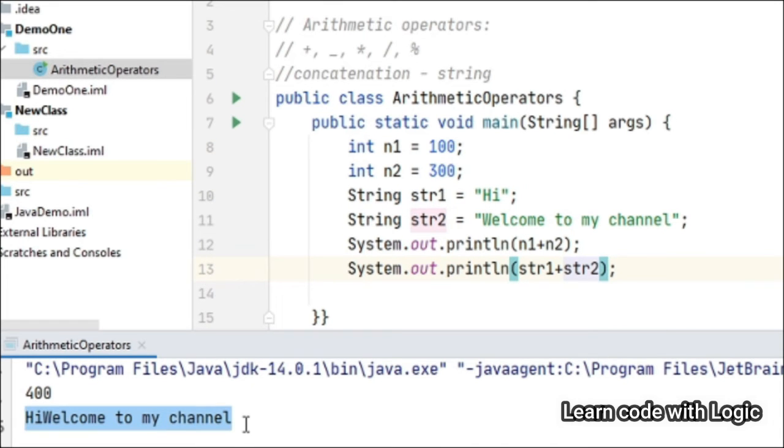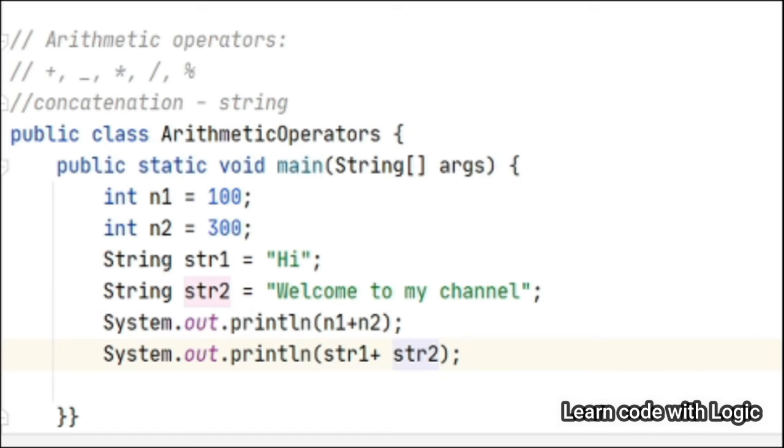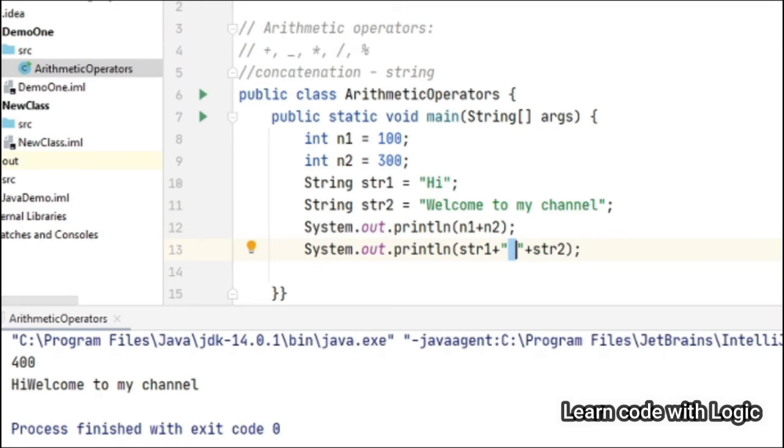Now we got the text message here. If you want a space in between hi and welcome, you need to give the space also. Let's rerun the code. Look, you can see the space here.